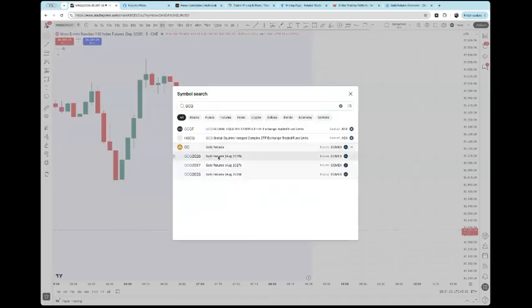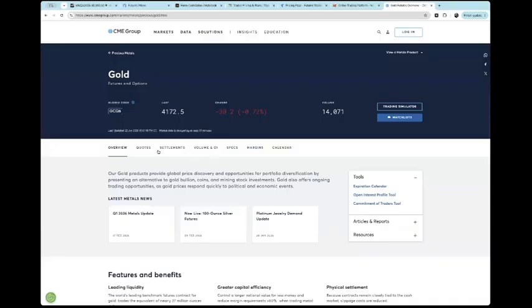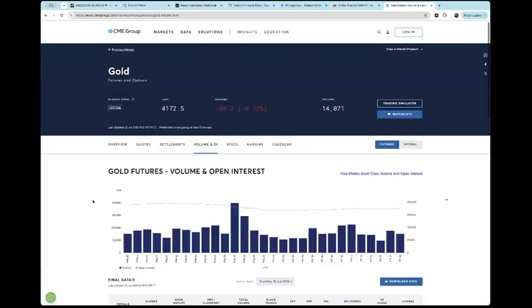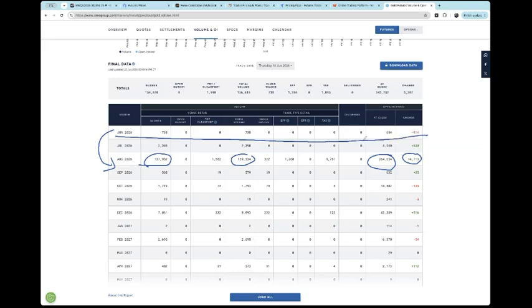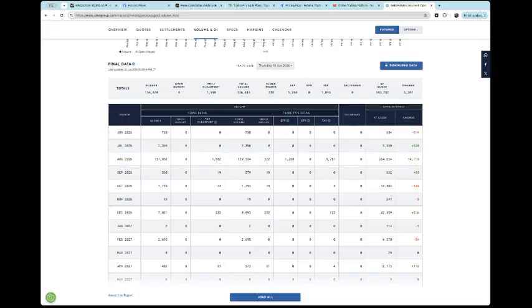GCQ means gold future August. They are not using the July contract because when you go to volume and open interest, the volume has shifted from June to August. So this is your Globex, this is your volume, this is your change in open interest, and this is the open interest. Earlier there was volume on June, and there is no volume on July, so it has shifted to August. So the August contract name will be